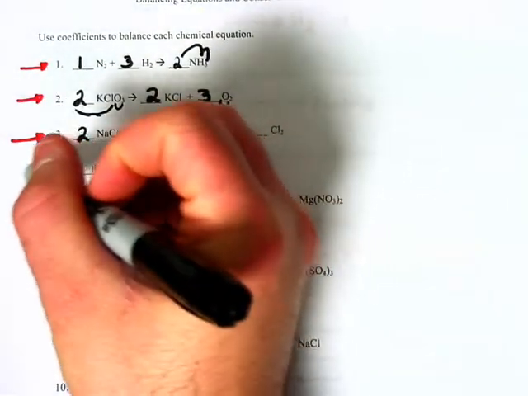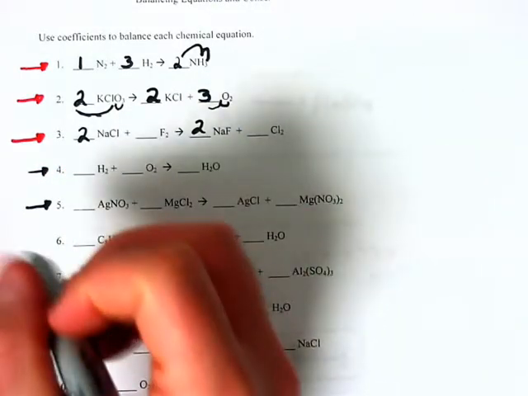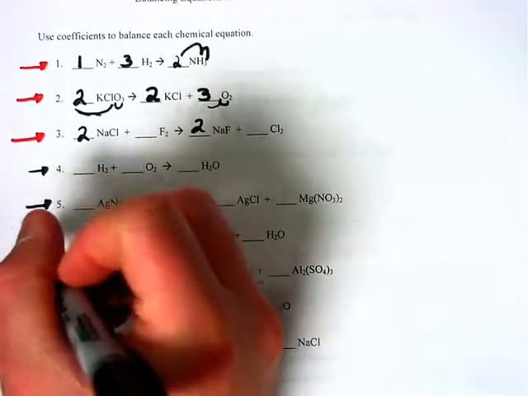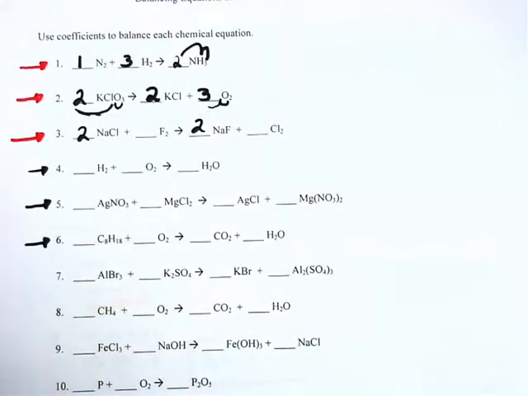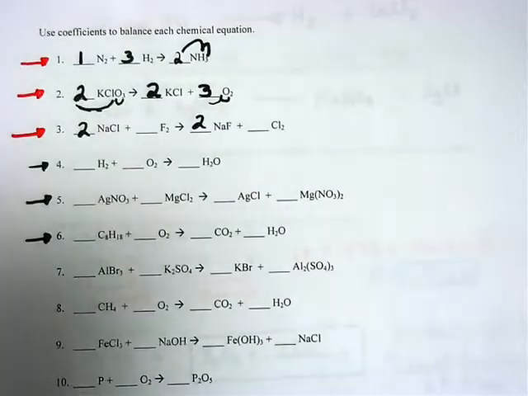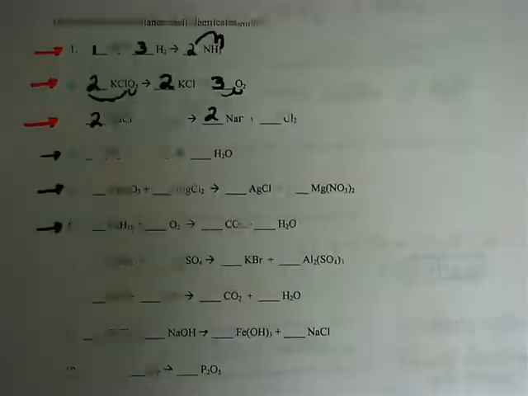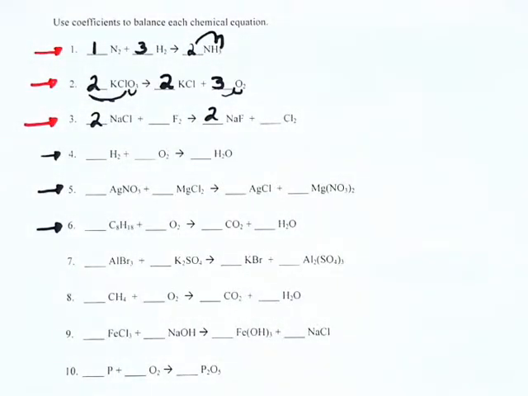Let's look at 4, 5, and 6. And here's what I want you to do. I want you to work on 4, 5, and 6 with someone that is not by you, someone across the room from you, and I want you to work somewhere in the back or around in the front. So I want everyone moving, and I want you working together on 4, 5, and 6. You don't need to pack your stuff. Just go somewhere. Not out of the